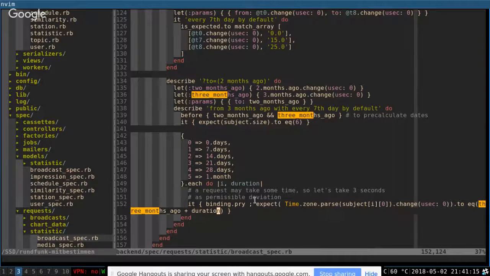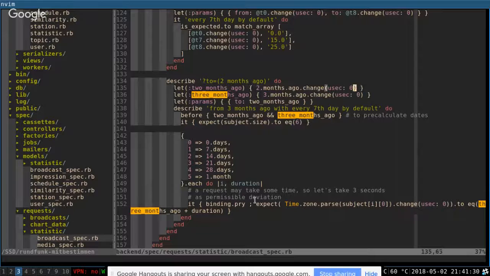That's the way we calculate. So 3 months ago is just for the expectation. We iterate the array, and apparently the default is 1 month.